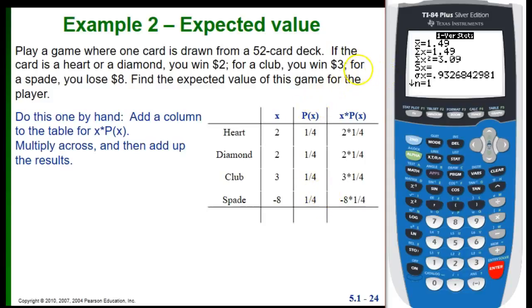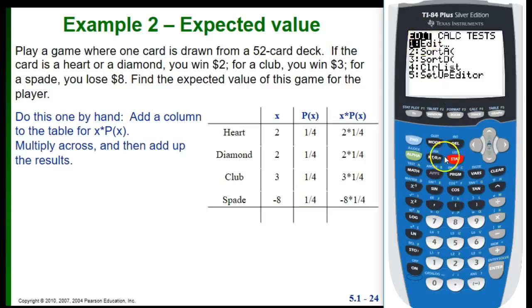Okay, so here where we're doing it by hand, we have each one of these x's times its probability. So we're going to multiply all those together and then add those results up to get our final answer. Now, if we wanted to do it with the calculator,